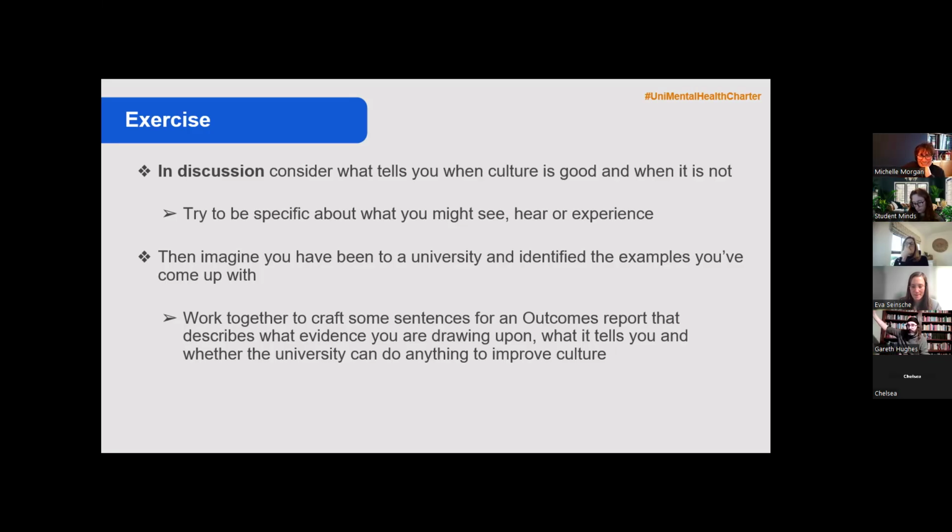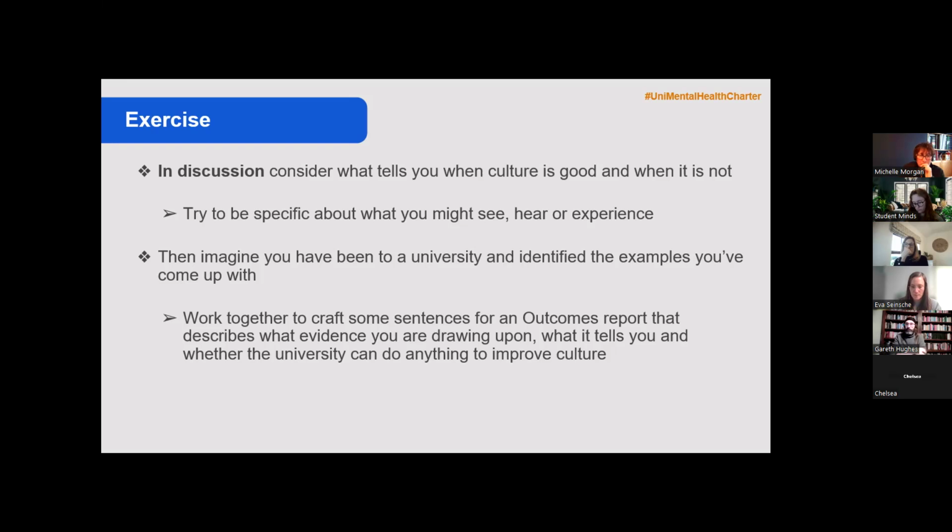Rather than, this is a group of external consultants who don't really get it. Because I think that matters too. The fact that it's a peer who's assessing you is more comforting, but also tells you that you're not going to be able to pull the wool over people's eyes in quite the same way. And it's better to just have that honest conversation. Absolutely. I think that makes sense.